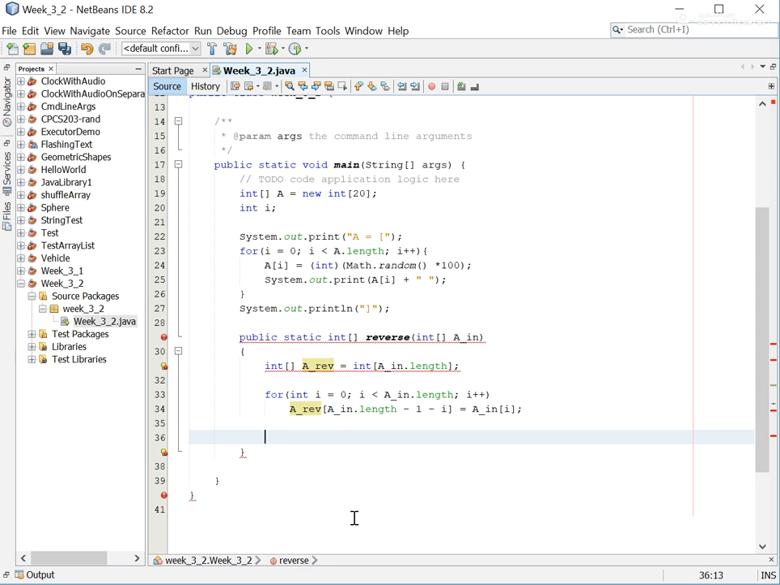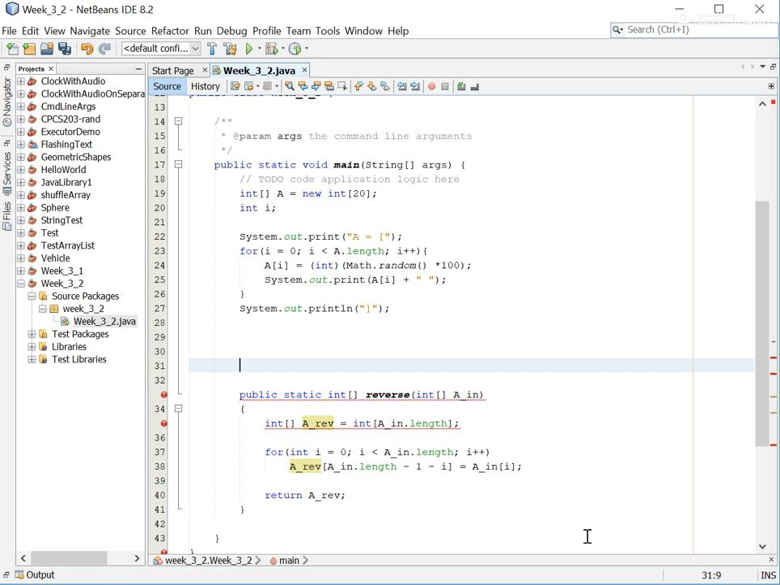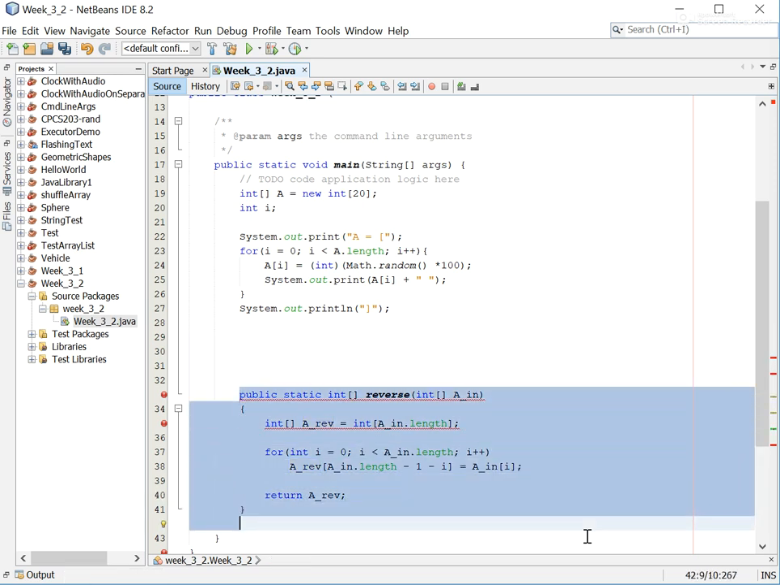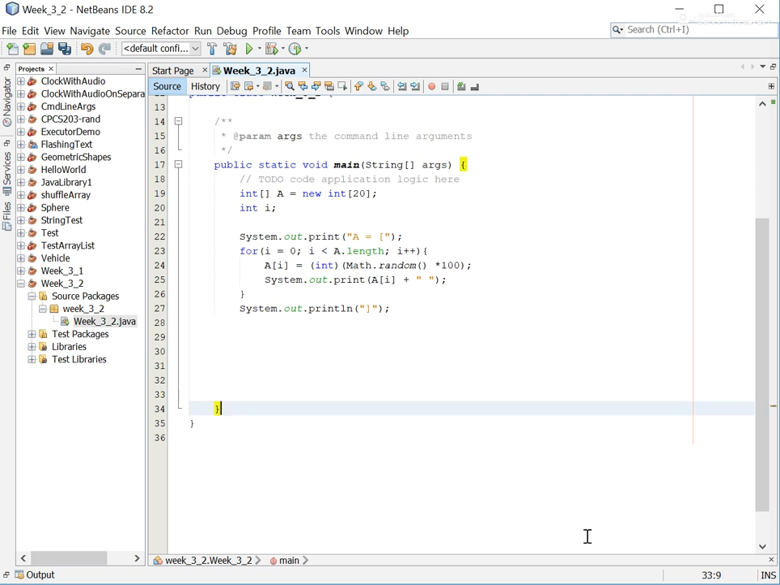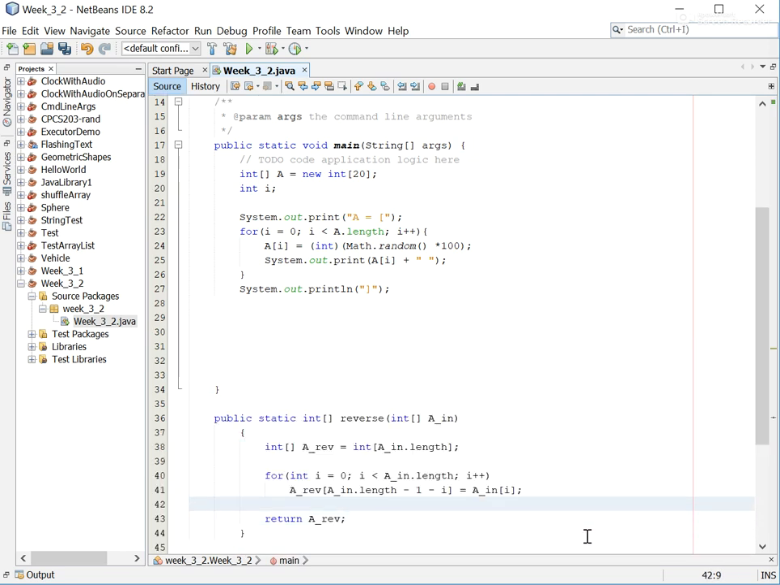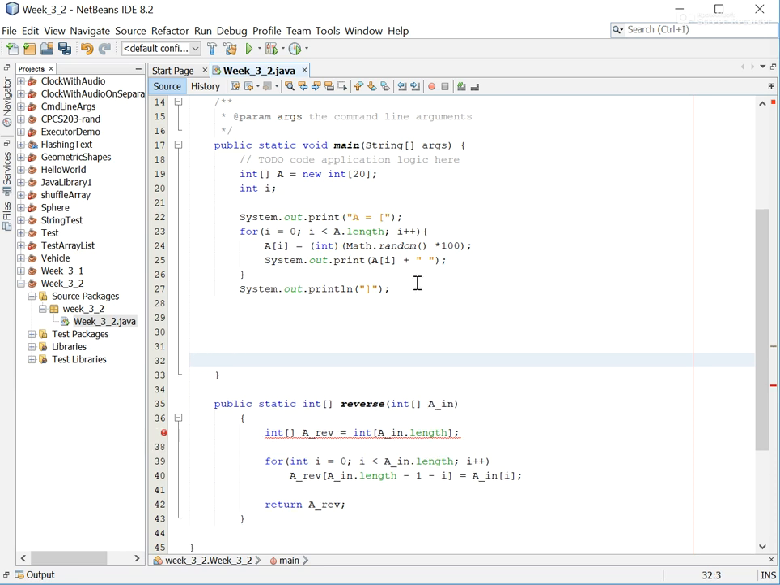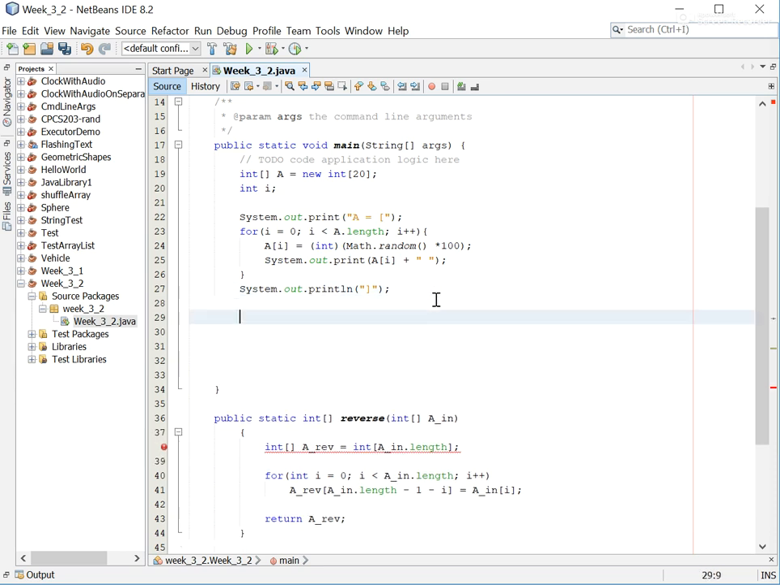When the for loop finishes, we're done. All we have to do then is return this new array that we wrote to, reversed. That's it. Sorry, wrong place. It needs to be outside the main method. There you go. Now in the main method again,